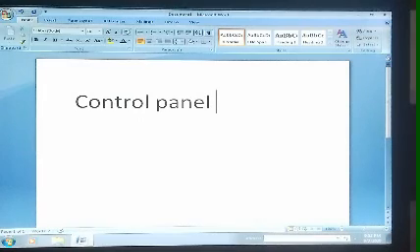Okay students, control panel is the central location from where you can manage almost everything for a Windows operating system.